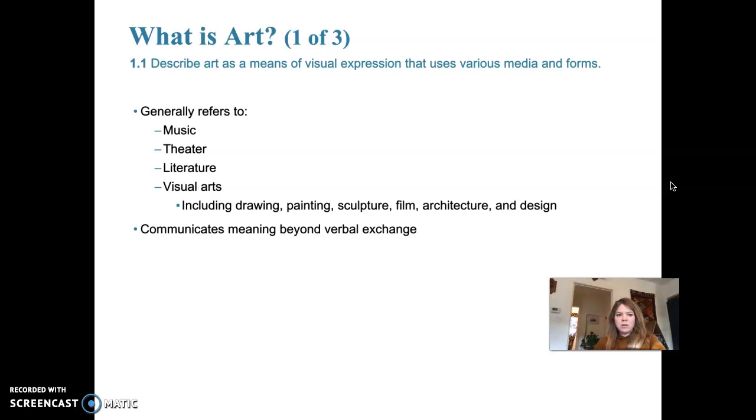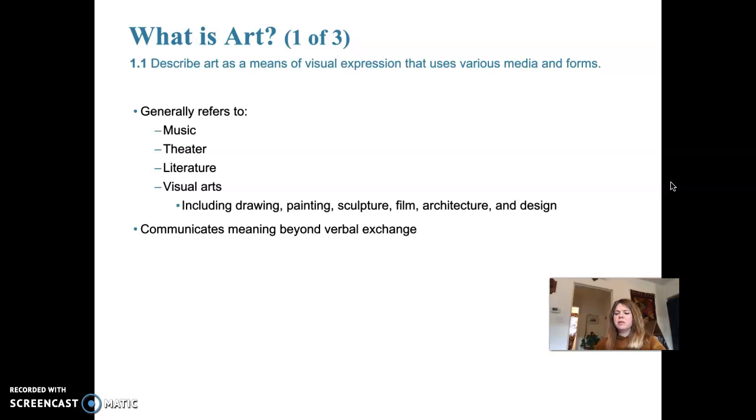Art typically refers to more than just visual art: music, dance, theater, literature, and visual arts are all under the umbrella of what art is. The visual arts include drawing, painting, sculpture, film, architecture, and design. There might be even some more in there that we're not listing, but